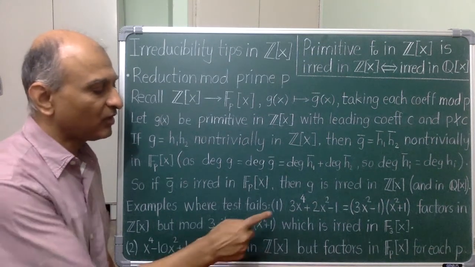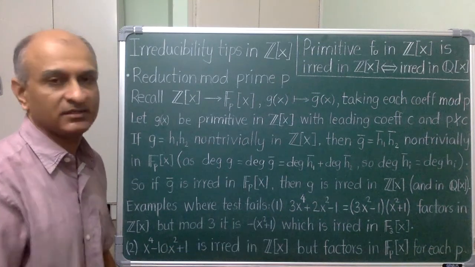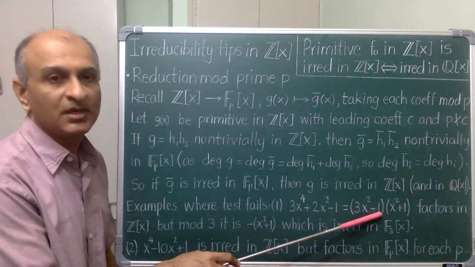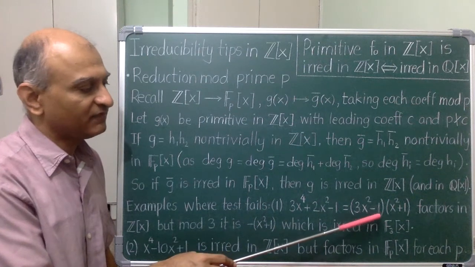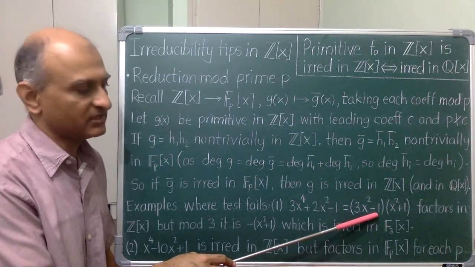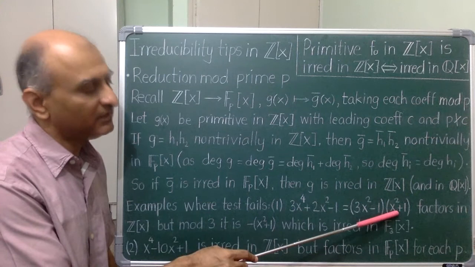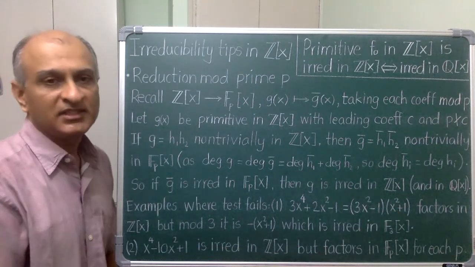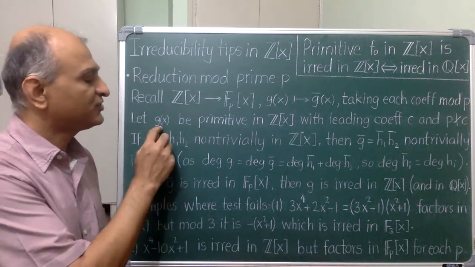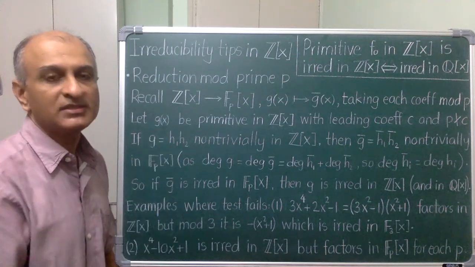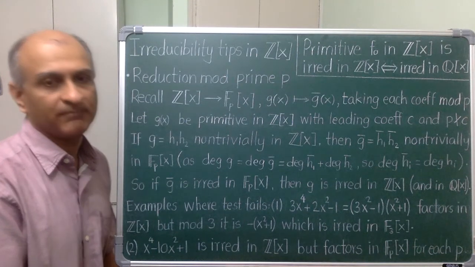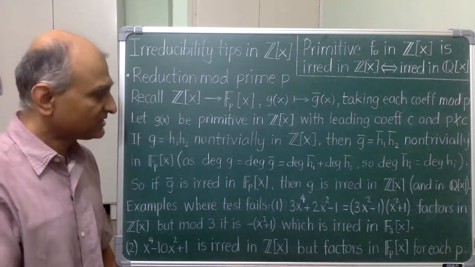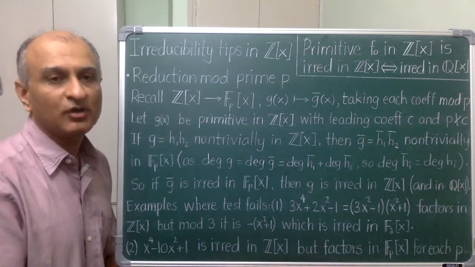Here is an example of what can go wrong without this condition. This polynomial factors over the integers, but if I go modulo 3, then the first factor just becomes a constant. So the polynomial becomes irreducible over f3 and the test does not work. This problem will not arise if g is a monic polynomial, because in that case I can go modulo any prime. But there is a more fundamental limitation. This test works very often but not always.